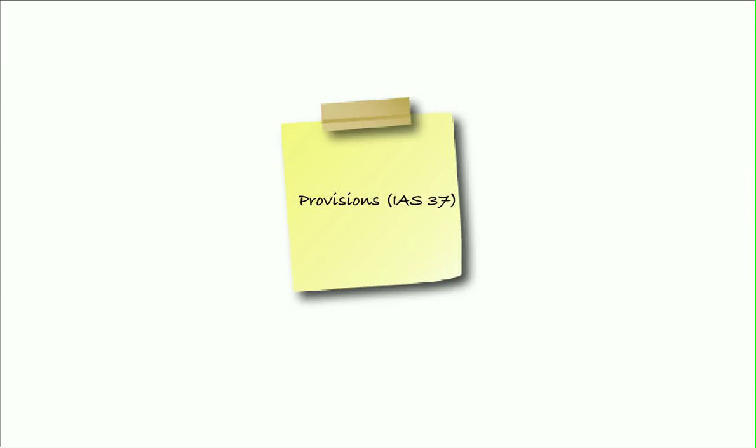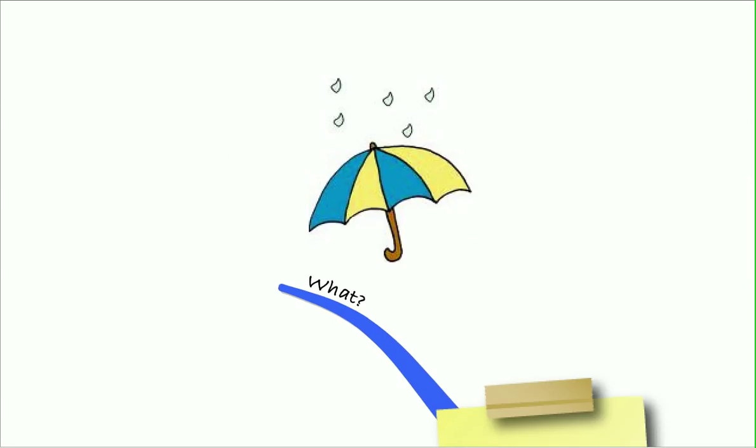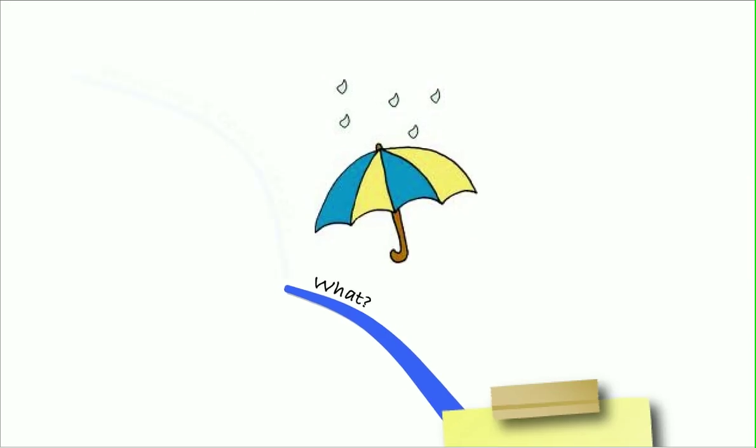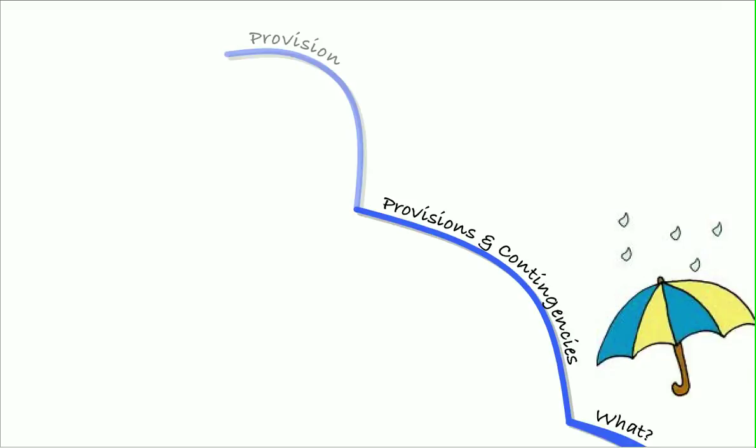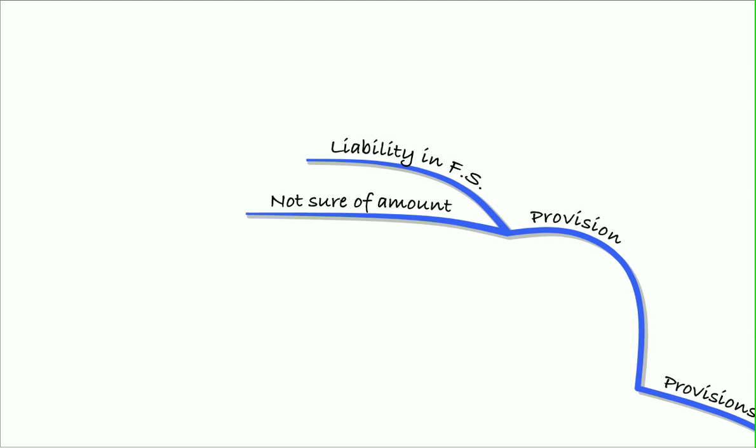Hello and welcome to a recap of our lecture on provisions. So provisions was under IAS 37. What did it cover? Well, we looked at provisions and contingencies. Provisions, remember, were a liability in the financial statements where we're not sure of the amount and we're not sure